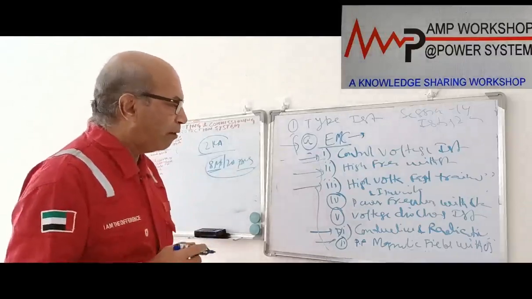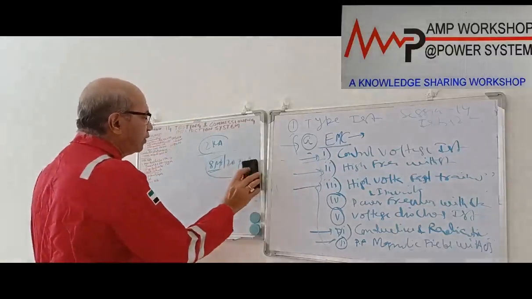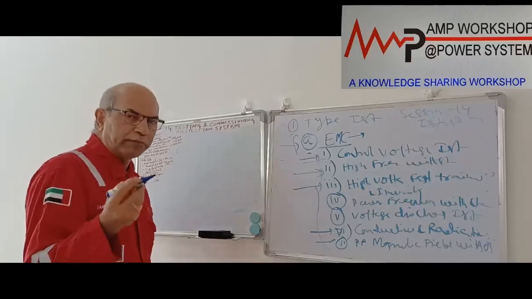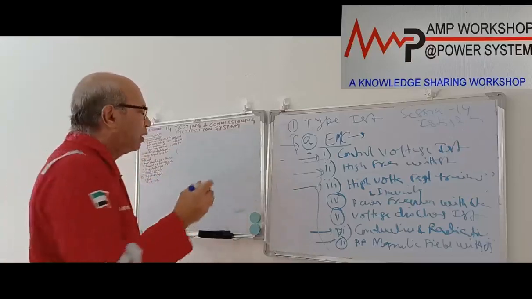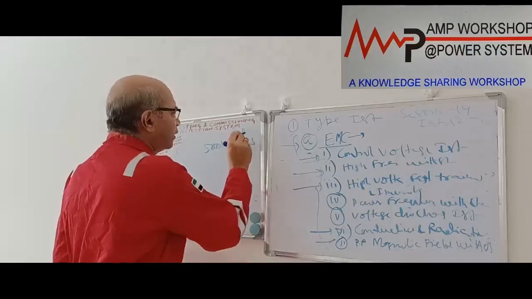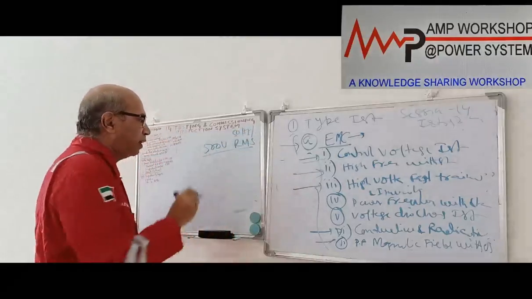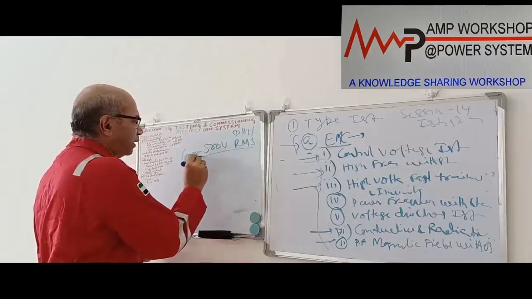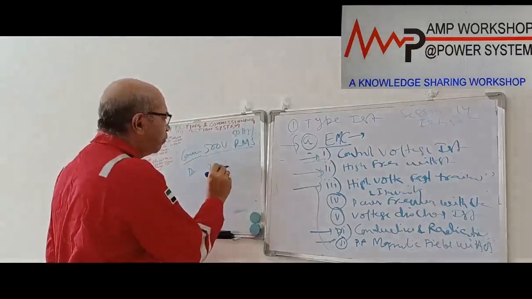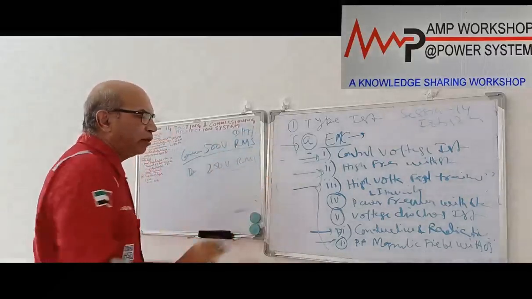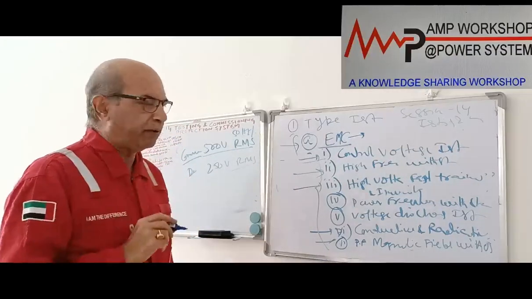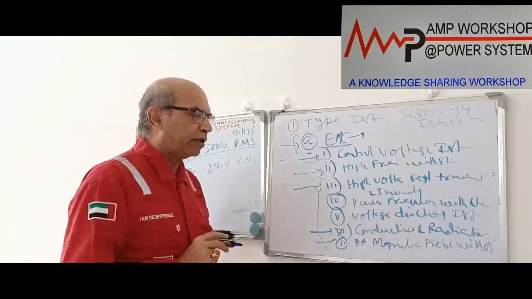This is the way we carry out the high voltage fast transient withstand and immunity test. Then the power frequency withstand test, it is a 50 Hz power frequency. We inject power frequency to all the input output circuits. For the common mode, that means between the individual circuit and the earth, we inject 500 volt RMS, 50 or 60 Hz as per the system frequency. And in the differential mode, that means between the independent circuits, we inject 250 volt RMS, and we say that all the equipment and terminals are functioning as usual. There is no deterioration or maloperation.